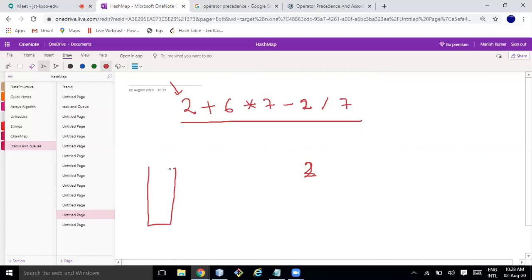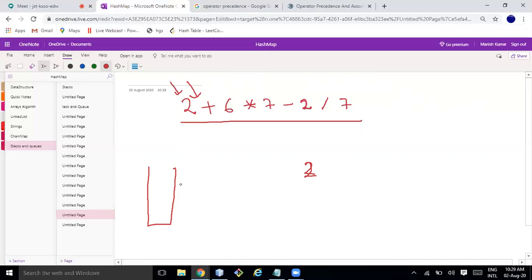So the stack is empty, and I traverse again. I found 4. If you find some operator, we need to play with this stack and compare the precedence. So I found the plus operator, and there is nothing in the stack. You can assume the empty stack has 0 precedence.